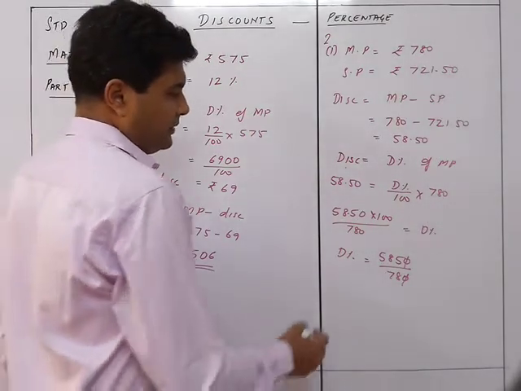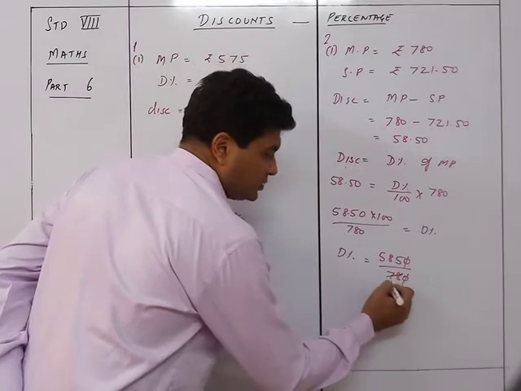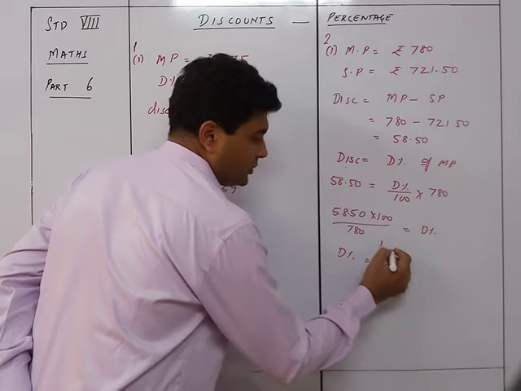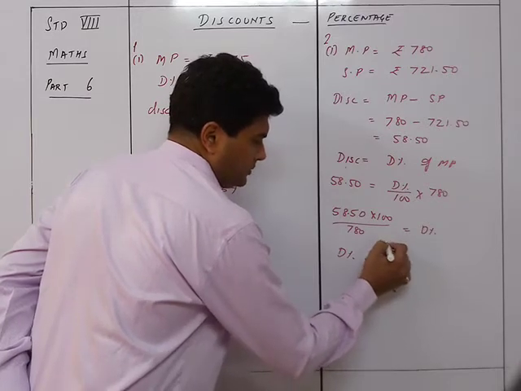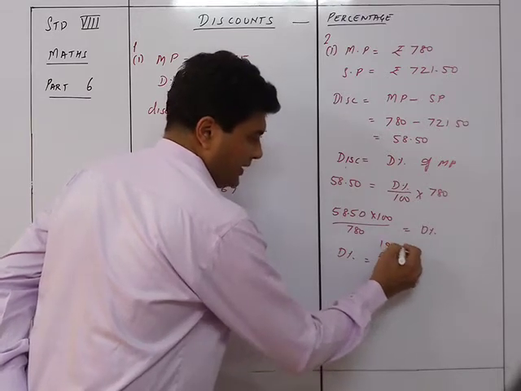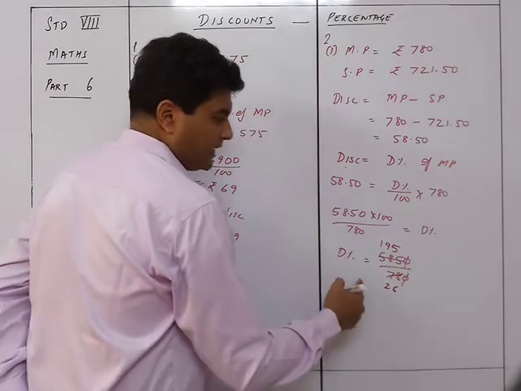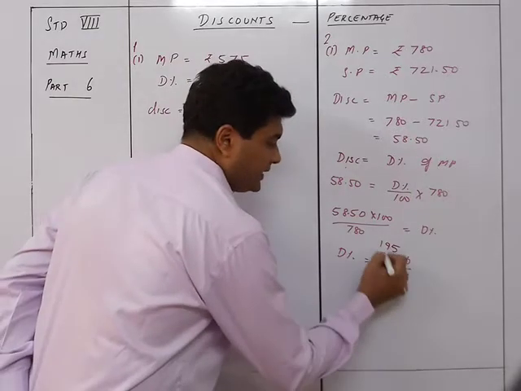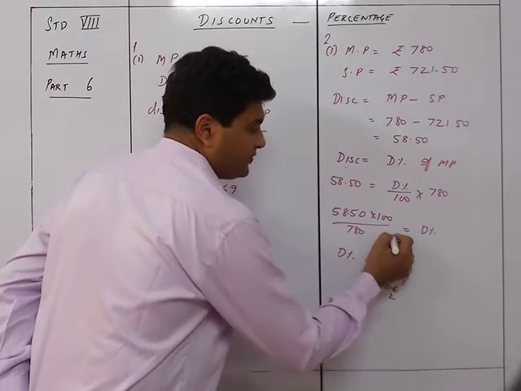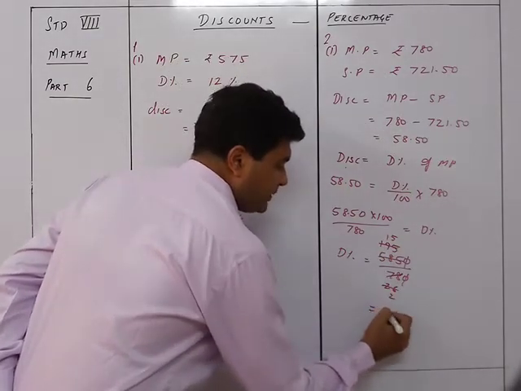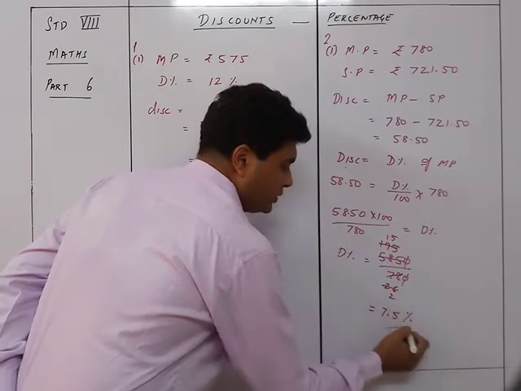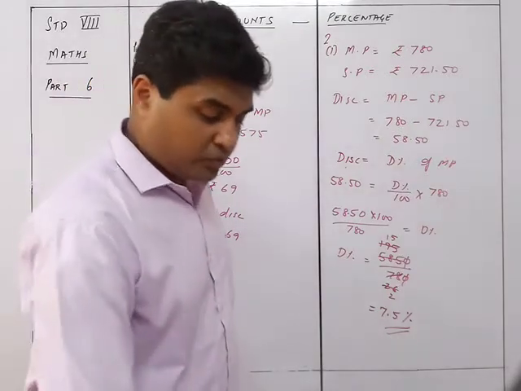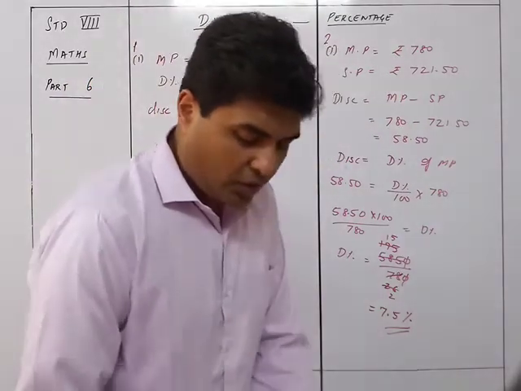You can try with 3 2s are 6, 3 1s are 3. So it will be 195. So that will be 13 2s are 26, 13 1s are 13, and 65 15s. So that will be 7.5%. So that's the answer, 7.5%. So this was question number second, or 7.3.